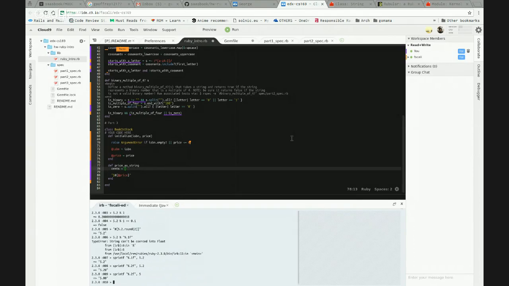Okay. Not nice. So like in C, you get two numbers after the decimal point for a floating point number. Yep.